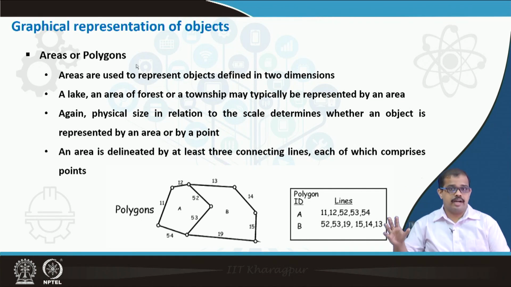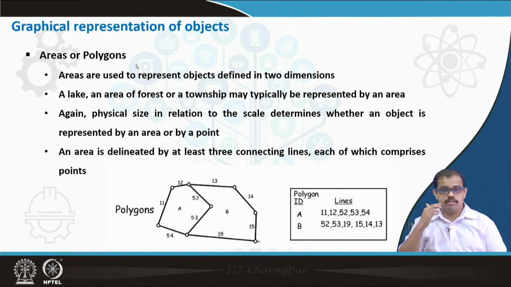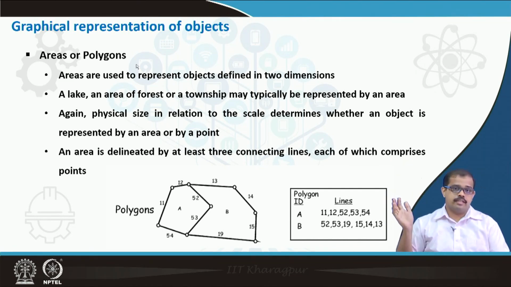So it depends on what kind of scale you are representing, whether you are representing the entire IIT Kharagpur campus or only 4 buildings in the IIT Kharagpur campus. If you are representing 4 buildings, each building becomes an entity, and each of these buildings will be in a polygon shape. But if you are taking the entire vast campus of IIT Kharagpur, supposed to be the biggest campus in the IITs, each of these buildings will become a point. So please keep this classification in mind.